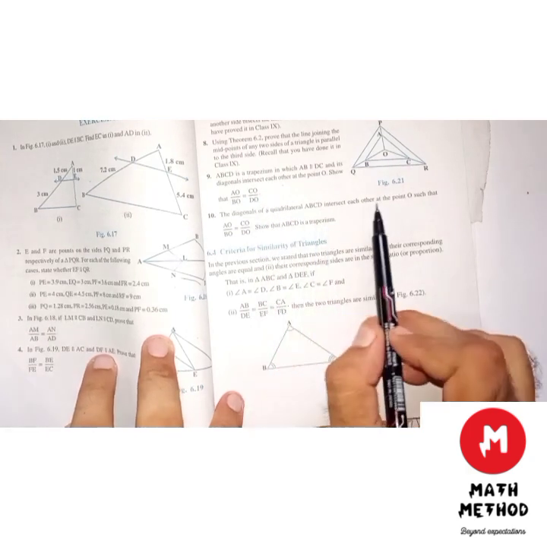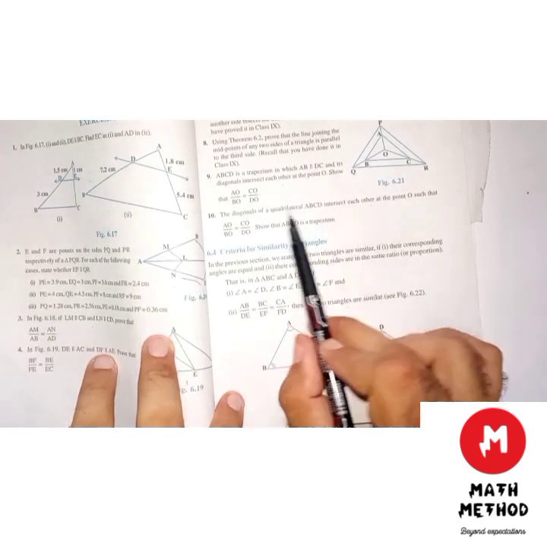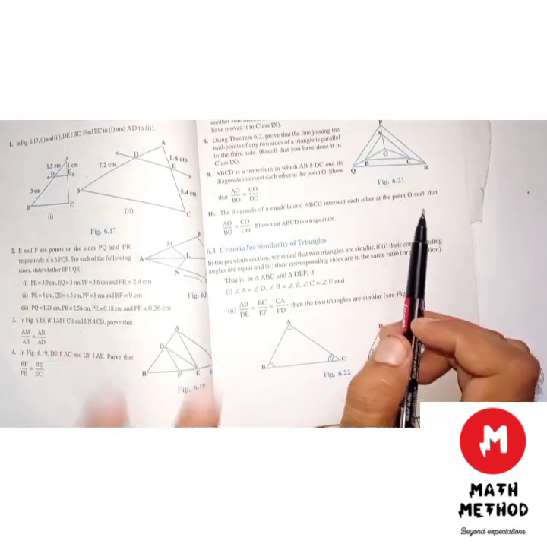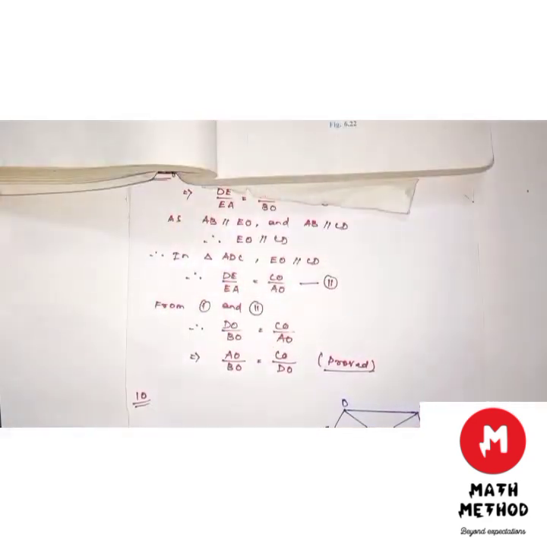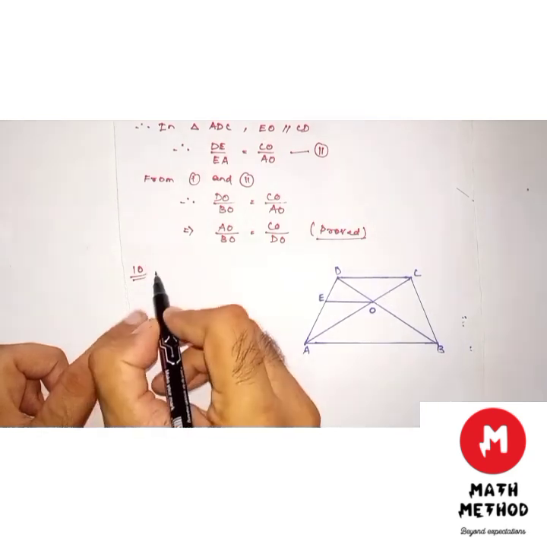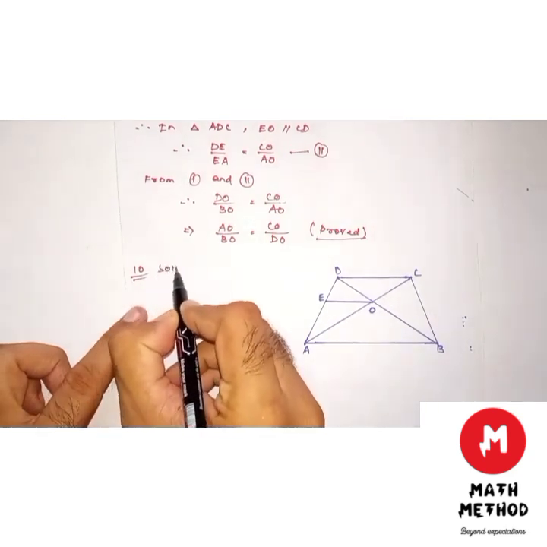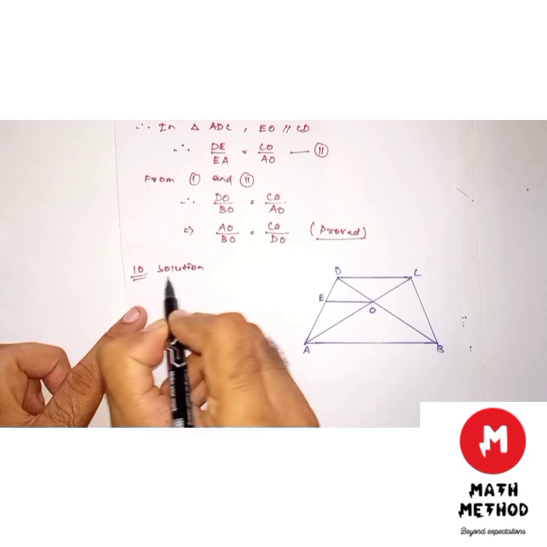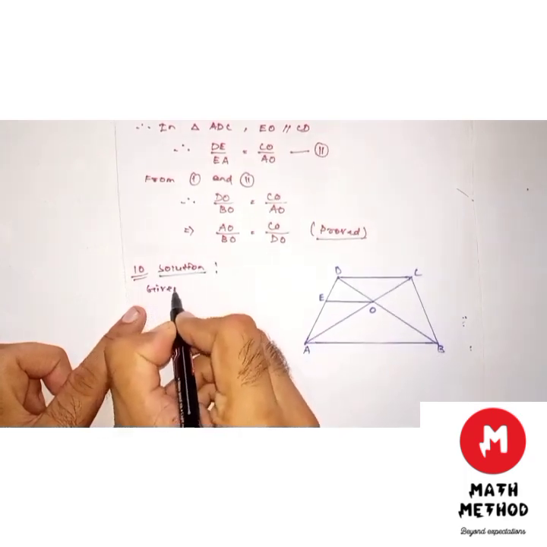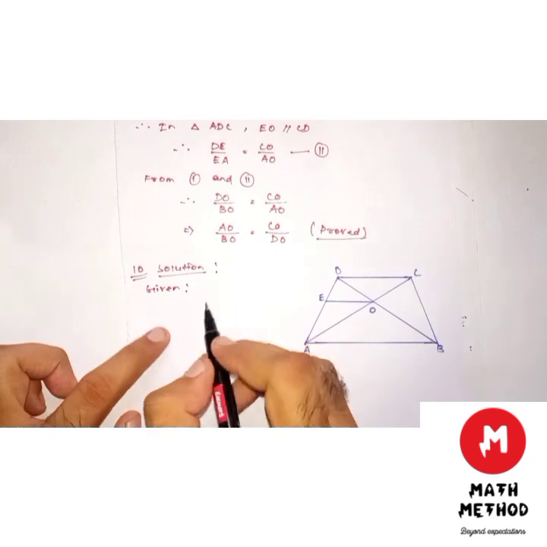Now given that the diagonals of ABCD intersect each other at O. Now I have drawn this construction. We have to write the solution. The solution is, first we have to write what is given to us. Given that